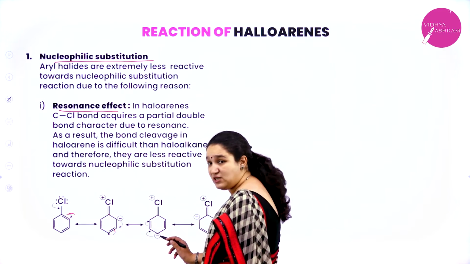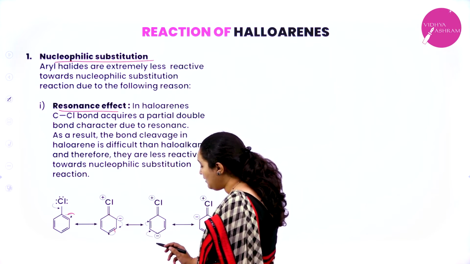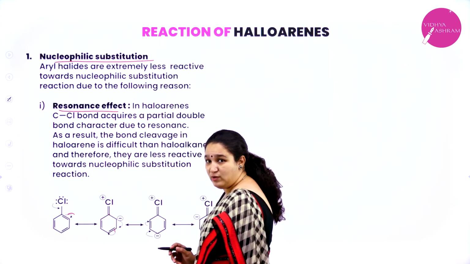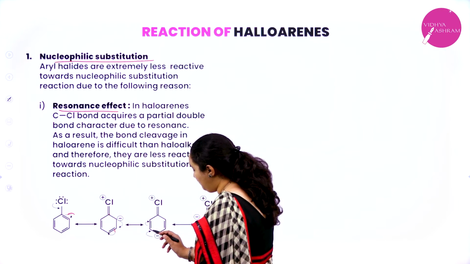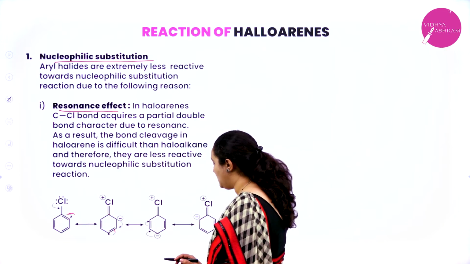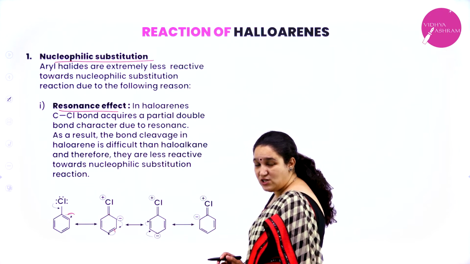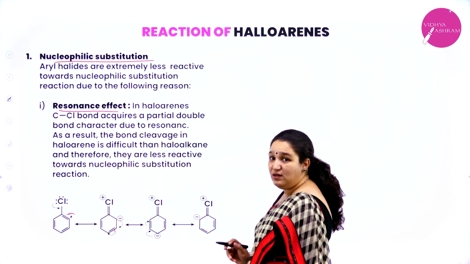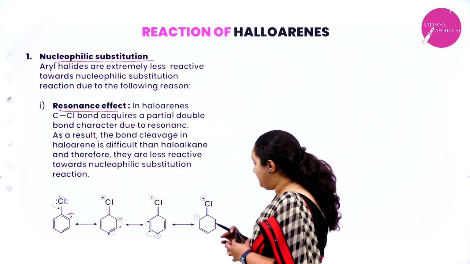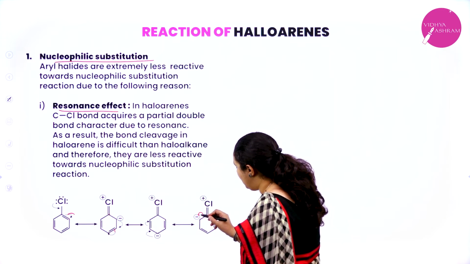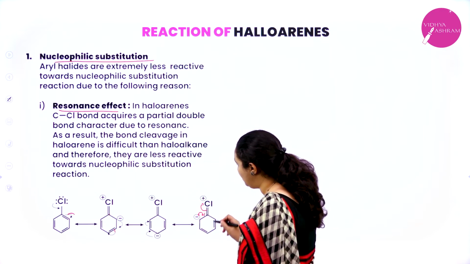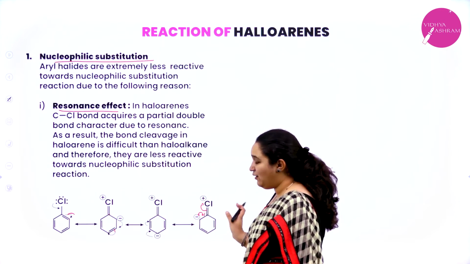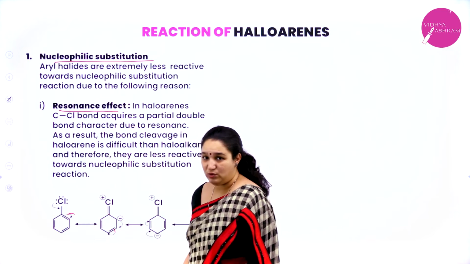Now you can see the negative charge in the para position, whereas the chlorine and carbon still have a double bond and the chlorine has a positive charge. Again here, from charge, a bond will form the charge. So now the negative charge is on the ortho position, and there is still a double bond character, which you can see. Further, this will again form a bond and can go back to give the first structure as it is. Isn't it? So now the double bond is removed and you get one more resonance structure, which is nothing but what is shown in the beginning.